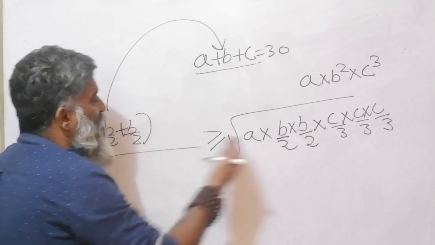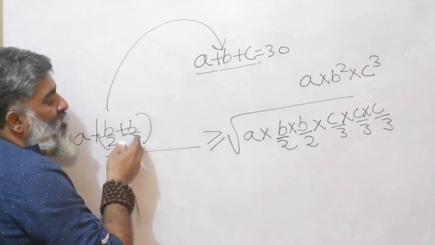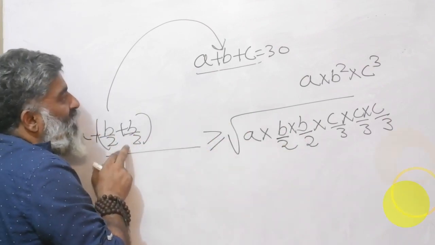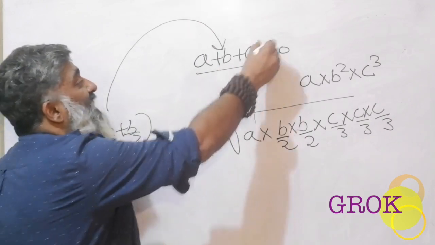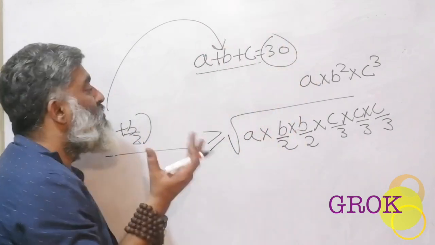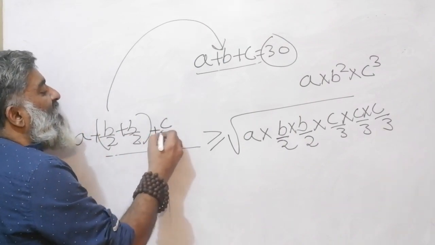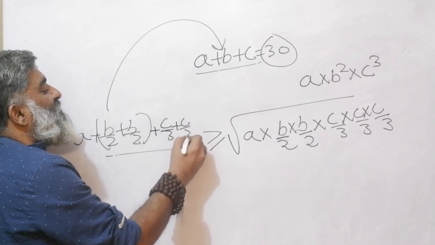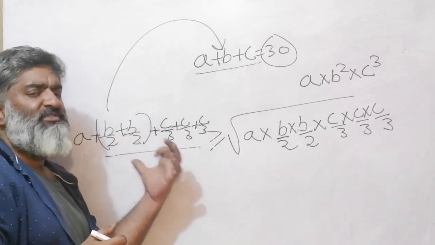On each side I have the same story, b by 2, b by 2, product and an addition. But now b by 2 plus b by 2 will give me b. That means I will just get a plus b plus c, because that's what I have for sure. So I hope you get the gist of the game. And similarly, plus I will have c by 3 plus c by 3 plus c by 3. So you will say, oh, it is still a plus b plus c only.